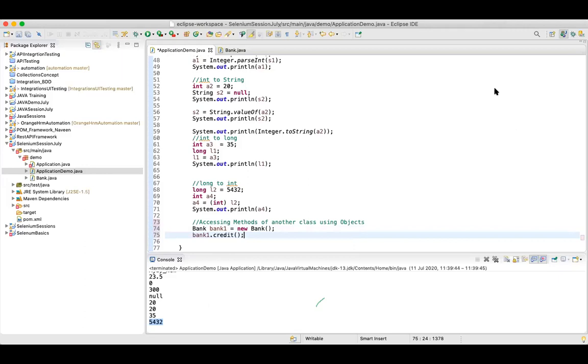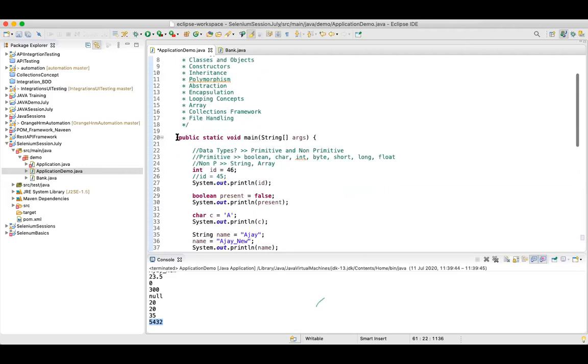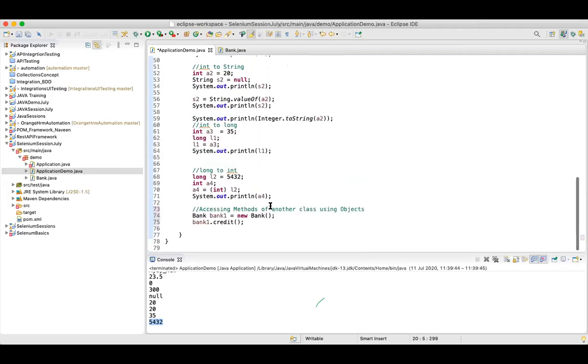Yes, Sridhar, you can declare everything in the main method and execute, but that is not a good practice. Because if you write every code in your main method, then there won't be a concept of reusability. We define reusability when we work on a framework level. For practice purposes, I'm defining everything into my main, but when I actually work on framework level, I will not.